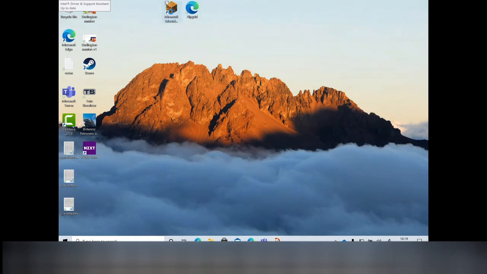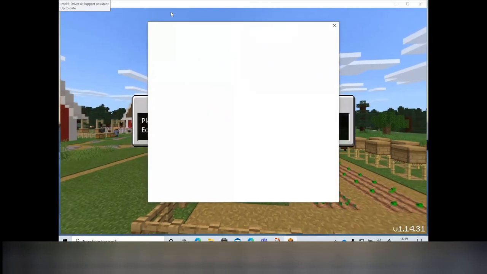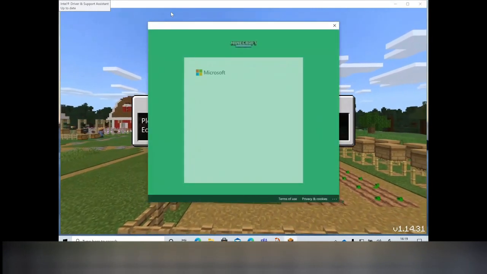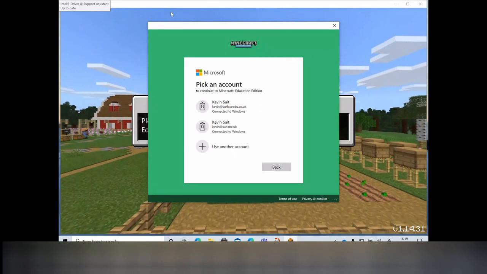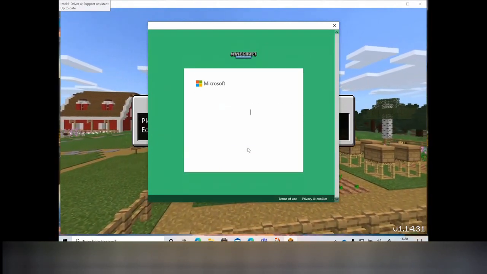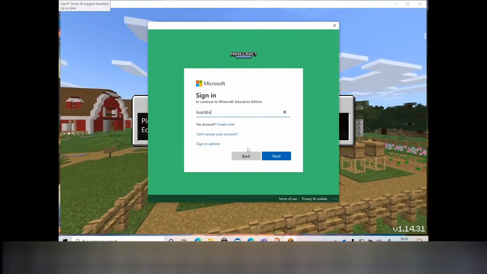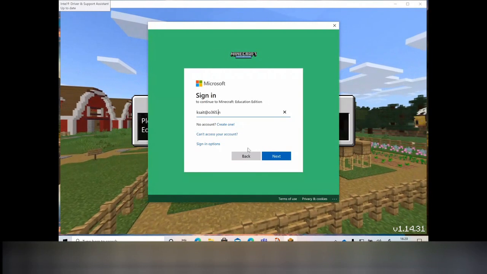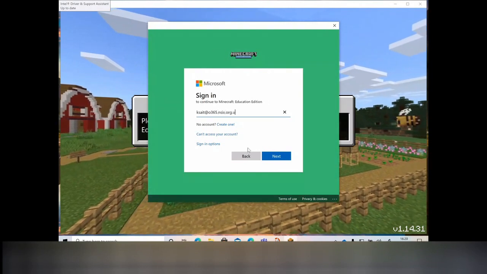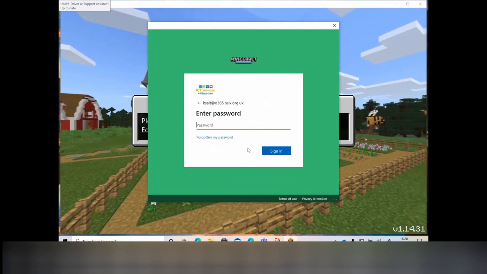There really isn't a great deal of training to be done in the way of making this work for students. So if we just sign in, I'm actually using the wrong password. I'm signing in with my Office 365 account. Okay, and again, if you haven't got this license and you want to play with it, you can go to